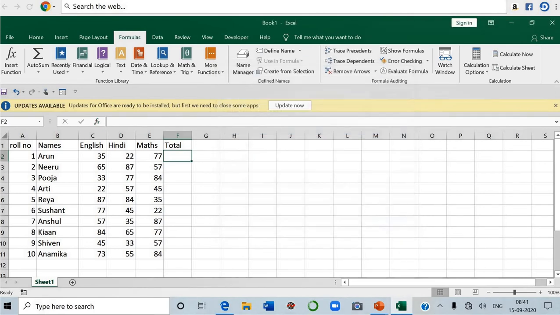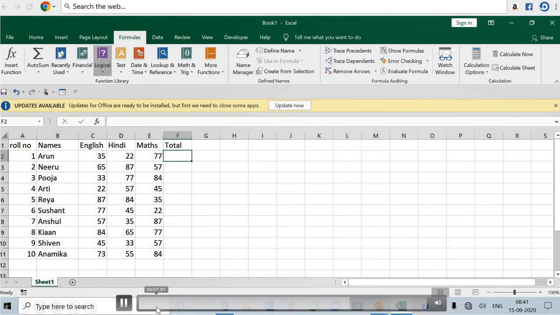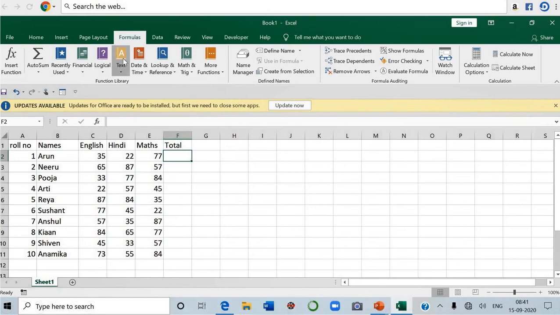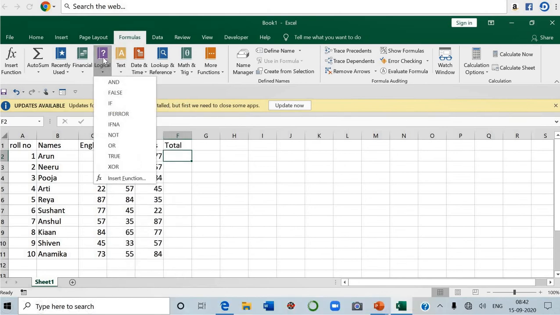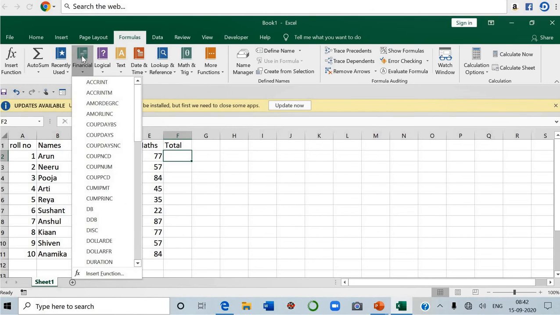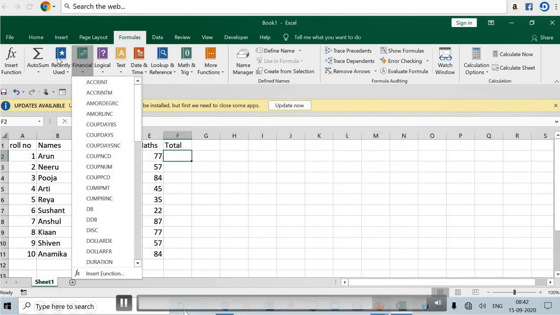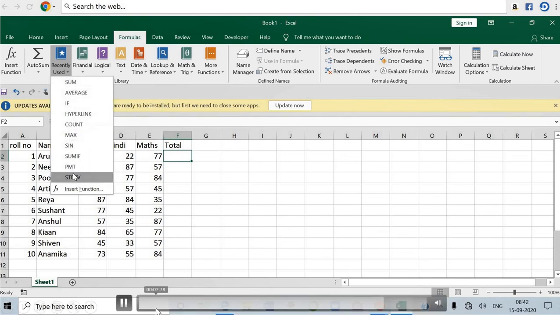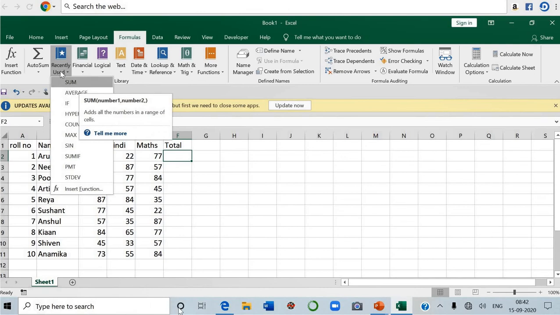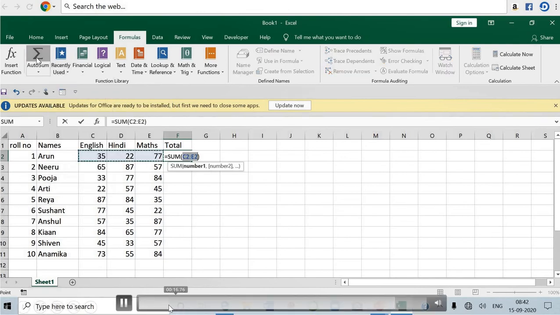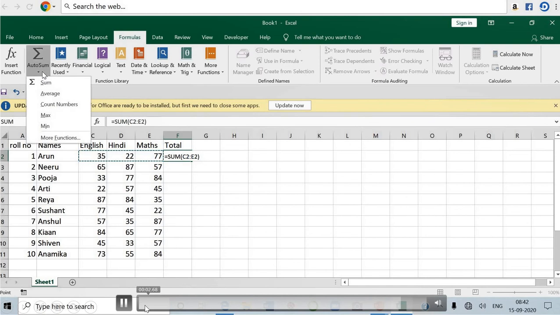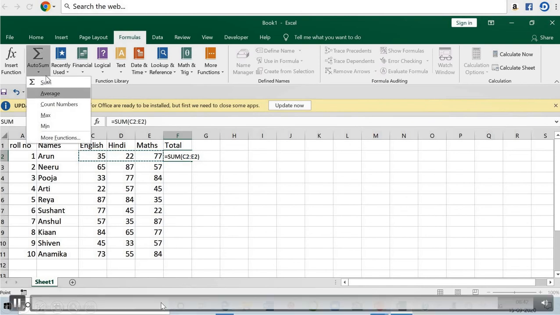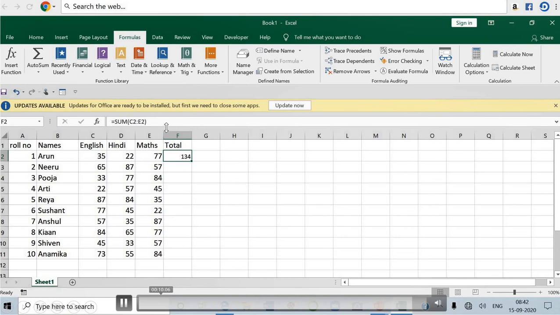Okay. Now the fourth thing is you can click on any of these groups, like text functions, logical functions, financial functions, so many functions are there. And recently used, this is another way. You can click on recently used, which shows the functions I have used recently. We often use sum, average and if, so these are displayed here. And you can click on auto sum also here, and more options are also there, average or count, whatever you want to see. Suppose I want to click on average. This is the average of these three subjects' marks. So I hope it is very much clear to you now.